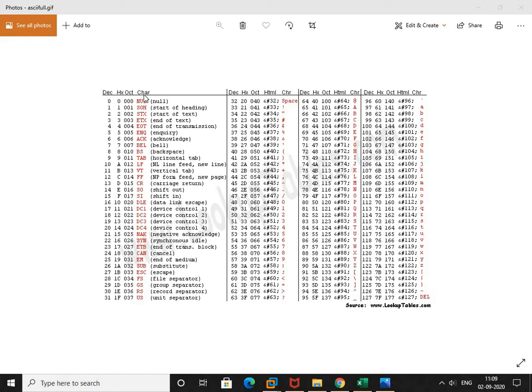Every character, every symbol, capital letters and small letters, has been covered here, right?